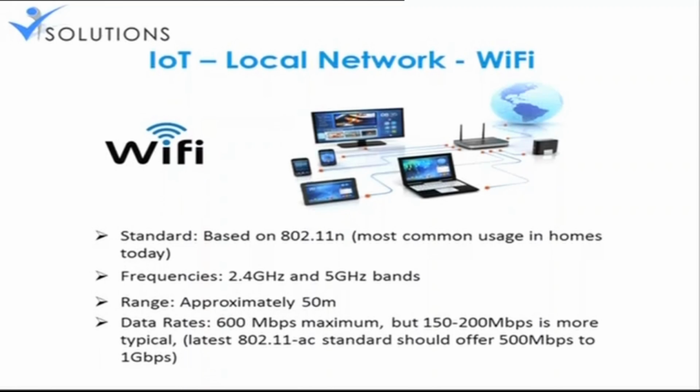Okay, coming to the next one, this is our country's favorite, not my favorite. Not only our country's favorite, most developers' favorite. The reason is its highly efficient network, in the sense of the signal range. Within the given range, trust me, this is going to work very well. It is very reliable and very robust when it comes to approximately 50 meters, the Wi-Fi range we have. But the problem is the number of nodes it can connect is less, and the installation cost is huge. Trust me, the installation cost is very, very huge when it comes to Wi-Fi.